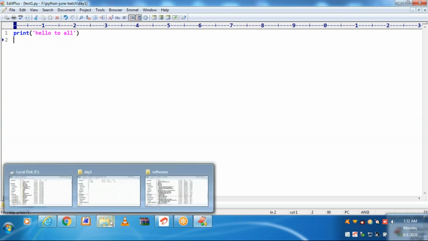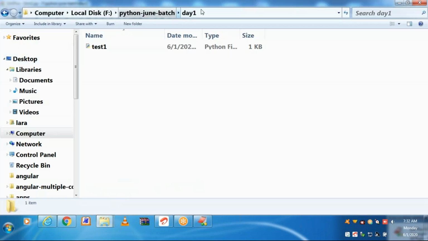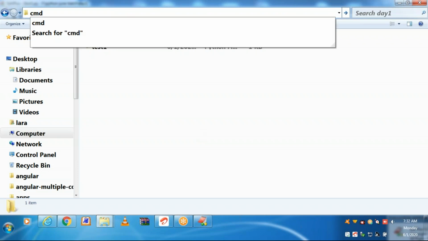Now open a command prompt for day one. In day one only the test1.py file is available. Just type py in the address bar, where it is showing the Python June day one folder. So there itself type cmd.